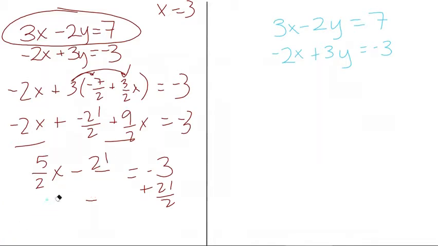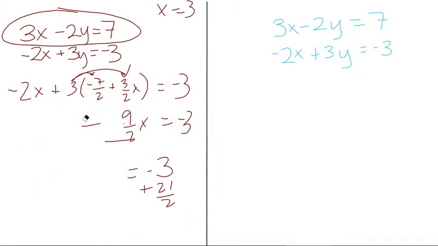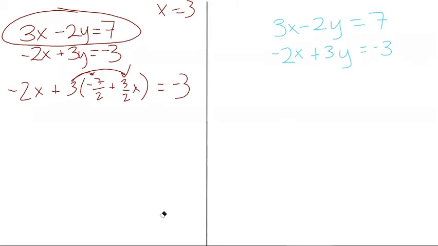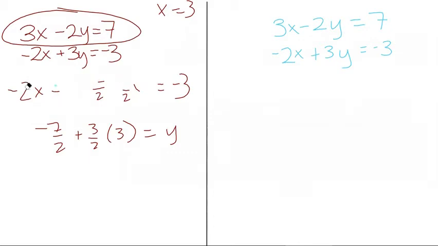And now all we need to do is plug the x value that we just got into the substituted form for y, which is once again negative 7/2 plus 3/2 x. So this would just be negative 7/2 plus 3/2, and the value for x that we just got, which is 3, is equal to y. And when we do this, our solution would be,